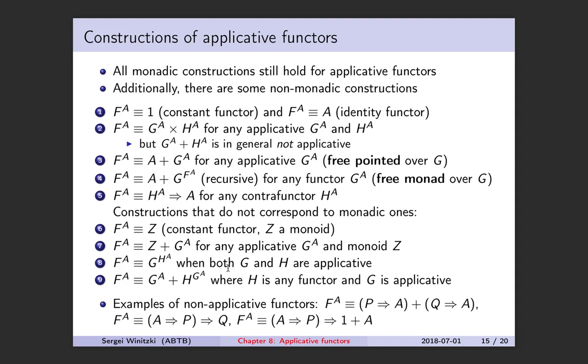In other words, this was also a monadic construction, but it requires both of them to be monads. But now we only require them to be applicatives. Applicatives is a superset of monads. So this is a similar construction, but it is a superset, and so on. So we will now go through these constructions and show that the laws of the applicatives hold for each of them, assuming that the laws hold for the parts out of which you build